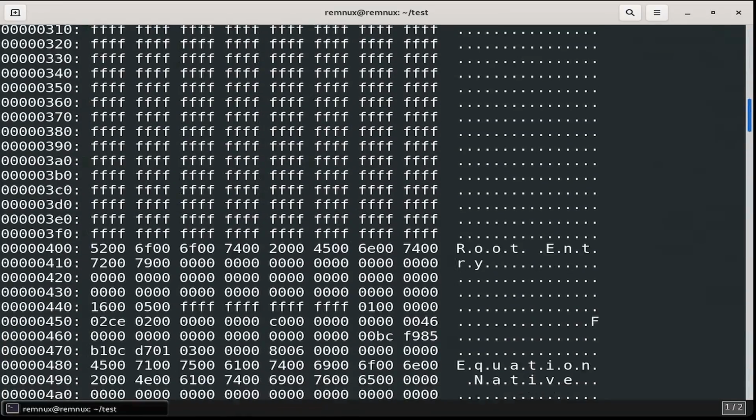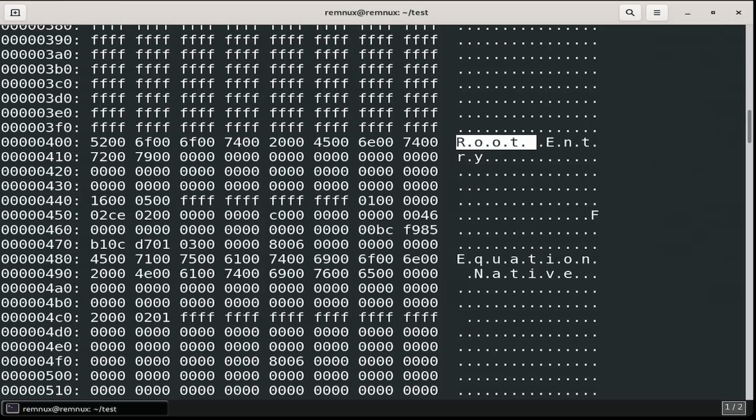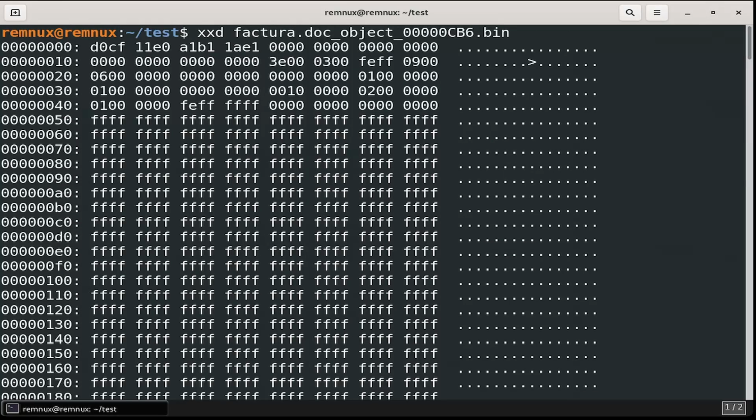Ooh, I actually saw root entry and equation native. So this right here. Now we see the first couple bytes are D0CF11E0. Knowing this, we can look at some file signatures on Gary Kessler's website to try and get some more